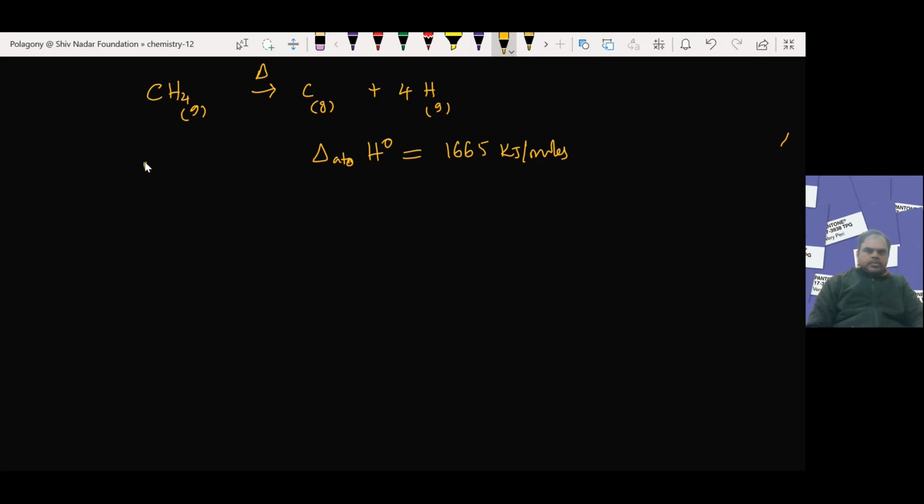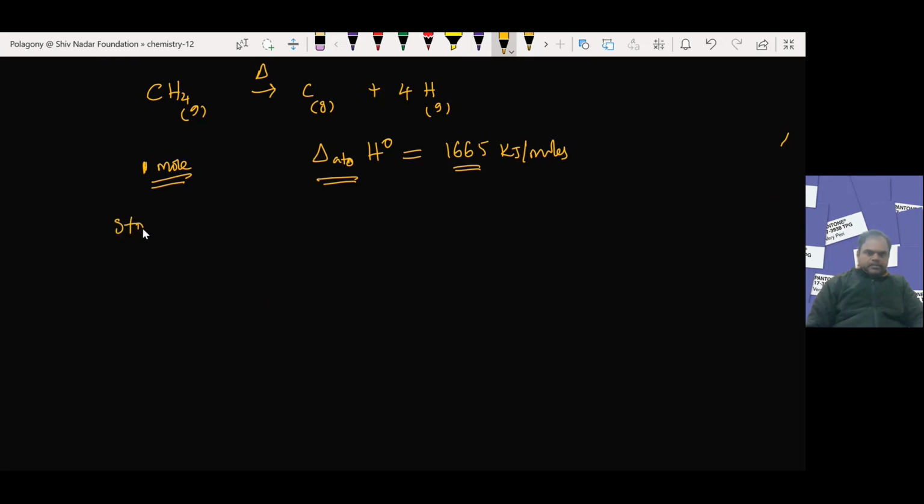How much? If you take 1 mole of methane to get 1 mole of free carbon atoms and 4 moles of hydrogen atoms, we require energy. That energy is what we call the enthalpy of atomization. Standard enthalpy of atomization will be positive, 1665 kilojoules per mole. So the energy that we supply for breaking this molecule into free atoms depends on